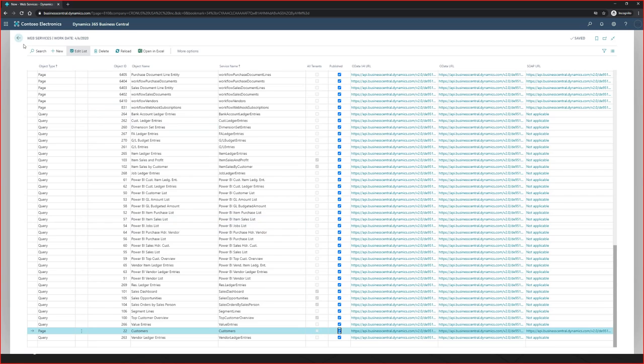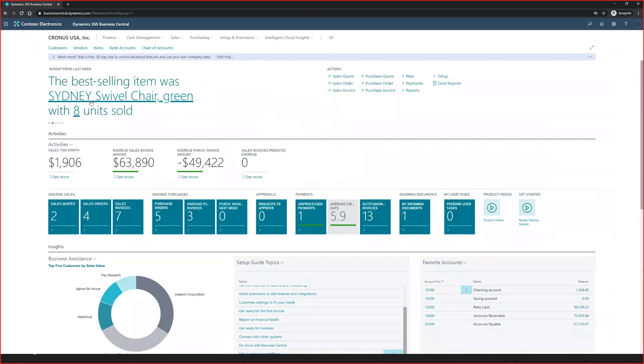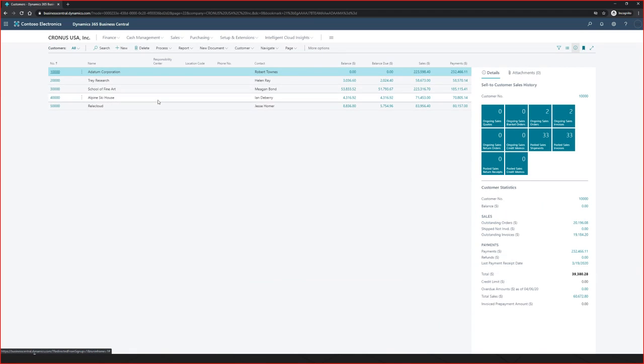So a lot of times what I tell people when working with this is I come in and, for example, I know I can expose customers, because we have that, and I just click on customers here and we get the customer list. That's what that page is that we just exposed. And all of this information we just exposed through that OData web service, and there's a lot more data on here when we do this.